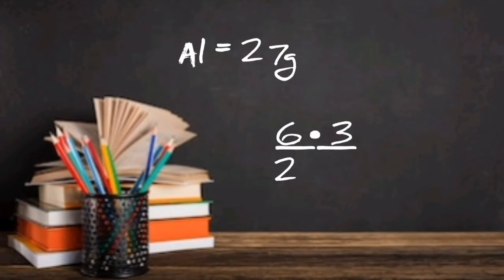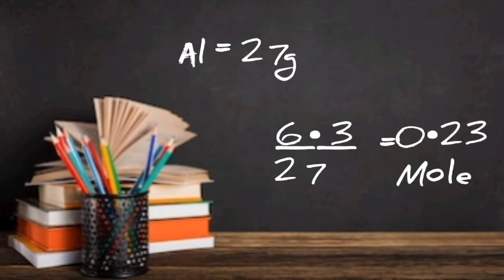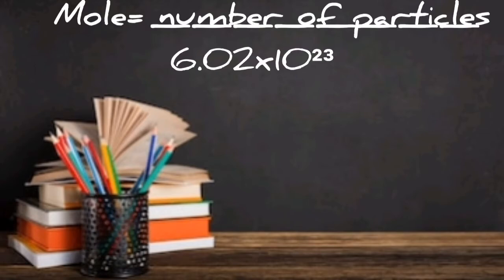So we are going to say aluminium is equal to 27 grams, since that is the atomic mass or the molar mass of aluminium. So to find the mole, we are going to say 6.3 divided by 27, which is going to give us 0.23 moles. So to find the number of particles, we are going to use the formula that says a mole